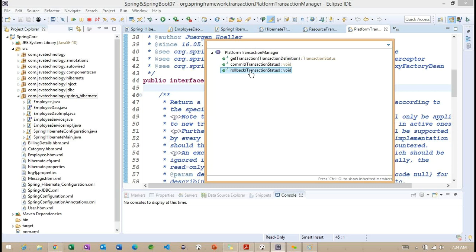In the same way, PlatformTransactionManager is an interface and DataSourceTransactionManager is an implementation class. What you are understanding is that PlatformTransactionManager is the interface for all the transaction managers. All the transaction managers implement this interface, and implementing means they implement these three methods: first getTransaction, second commit, and third rollback.